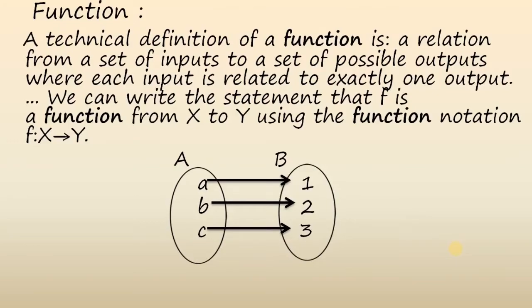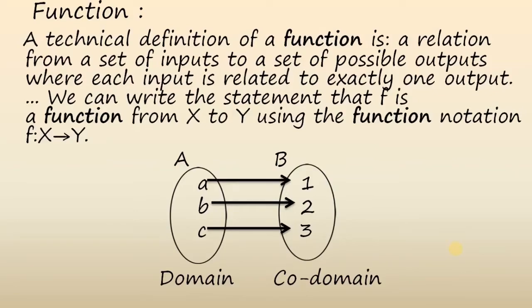They're telling us every element of the input must be related to an element in the output. So we do have it here, right? All the elements of the input are related to elements in the output. Also, they have other names called domain and codomain. Your input is also known as your domain, your output is also known as your codomain.